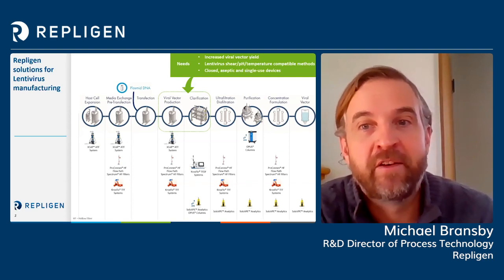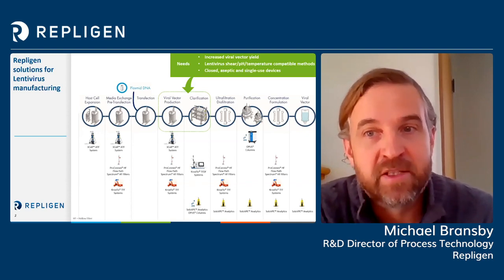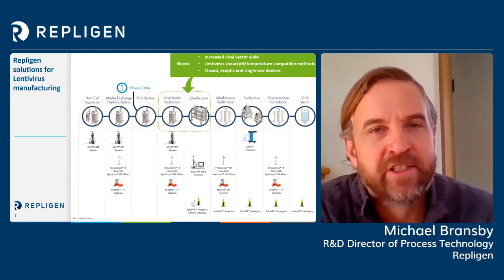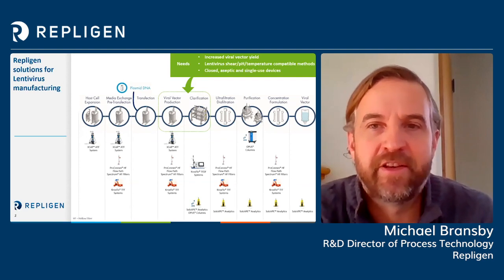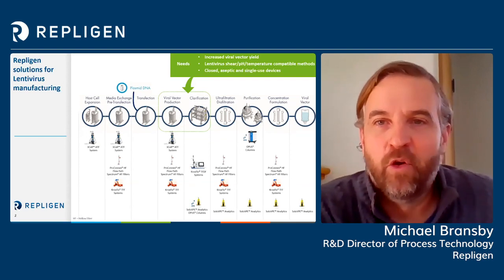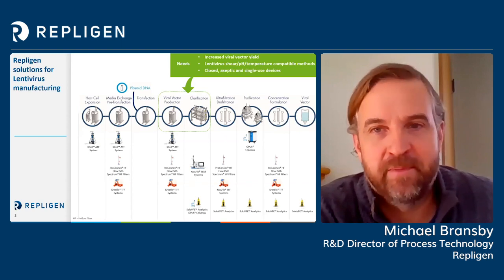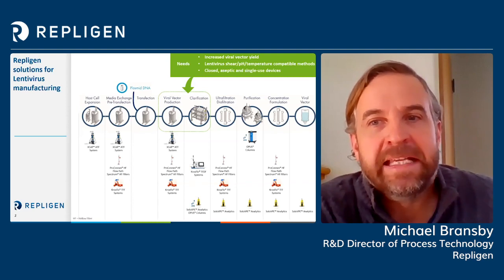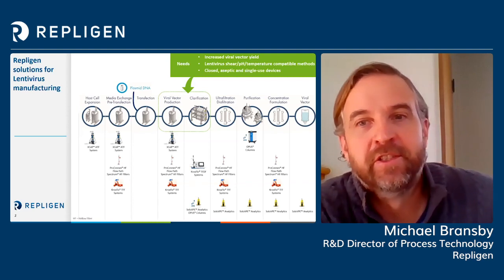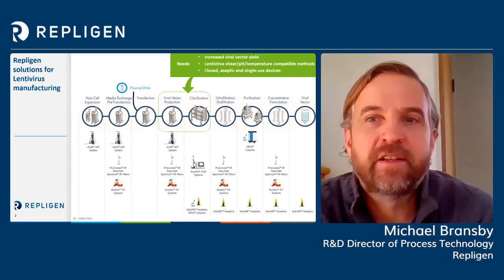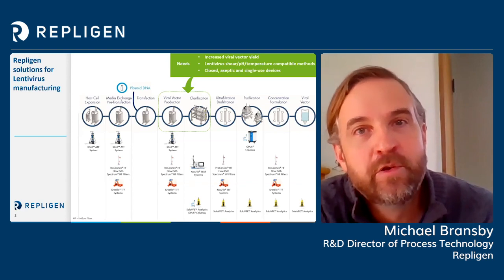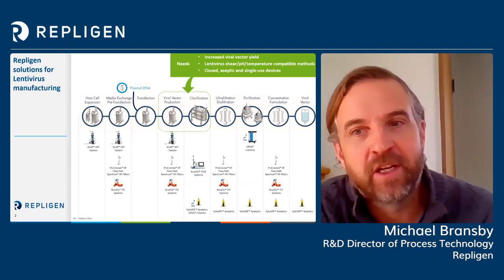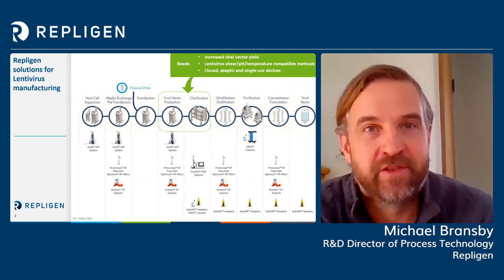Today, we are focused on viral vector production and specifically the clarification steps, where there are some clear needs in the industry. I've been in the gene therapy area for over 15 years, and the harvest step has always been a great challenge. Can we get increased viral vector yield with gentle methods that are lentivirus compatible in a closed aseptic format? Hopefully, you'll see that we're addressing several of these needs with the new TFDF technology.